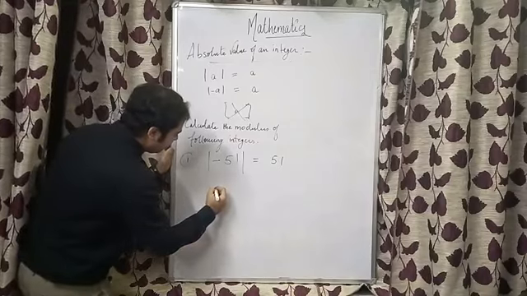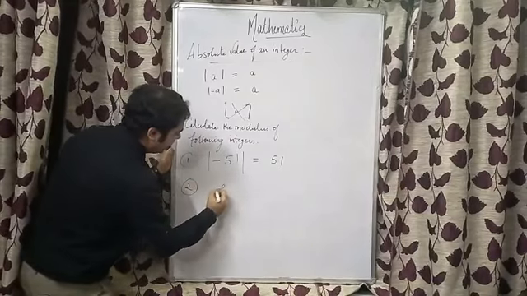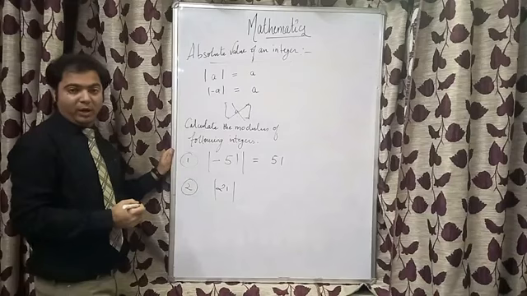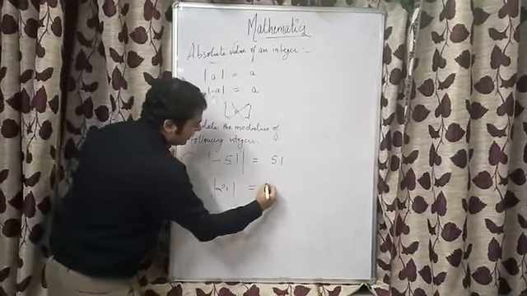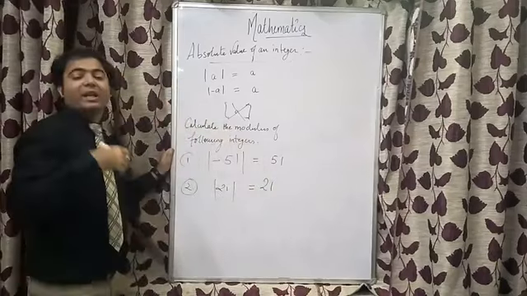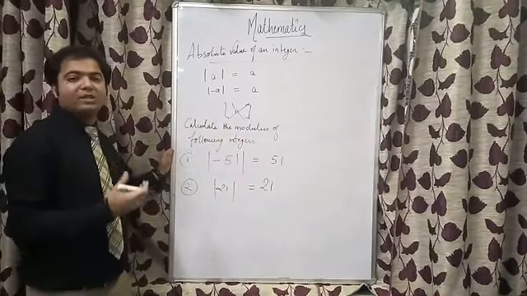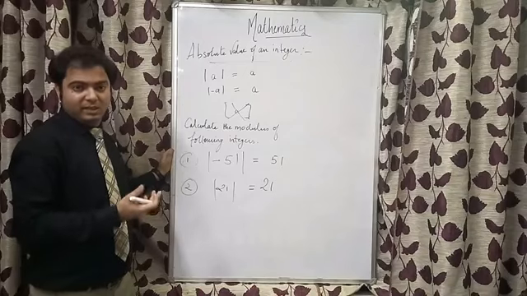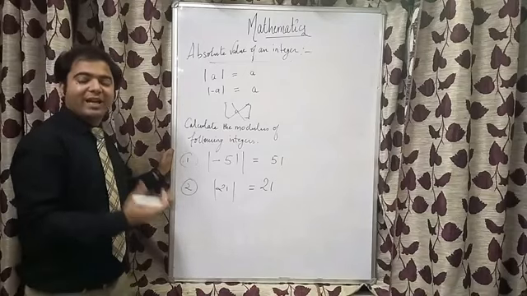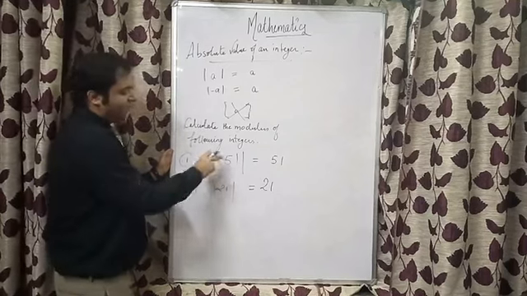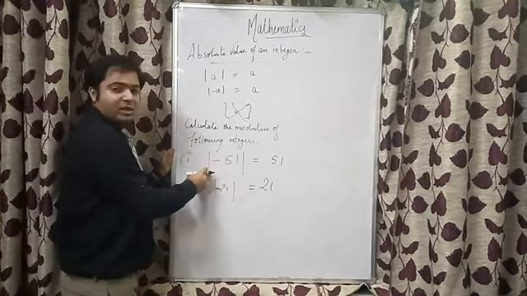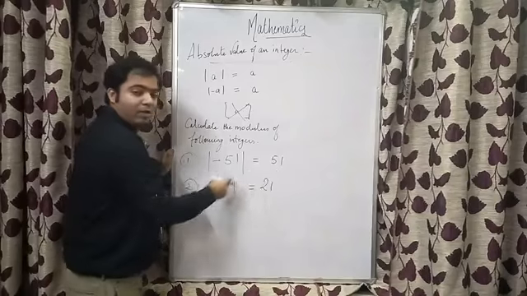Suppose we have got the number 21. Only 21. There is no sign inside. So the work of this mod will be giving 21. Or in other words, we can say modulus always gives a positive answer or the positive numerical value that is inside it. Whether a positive number is there, whether a negative number is there inside the modulus, we will always get a positive number outside.